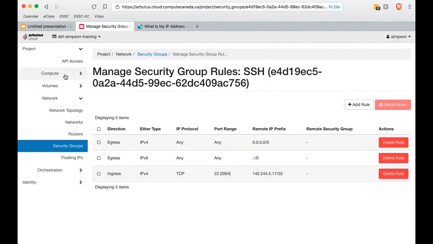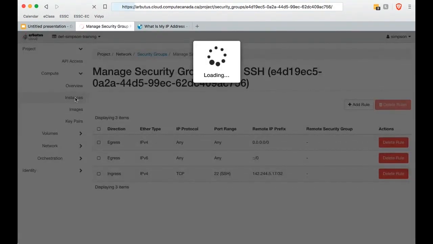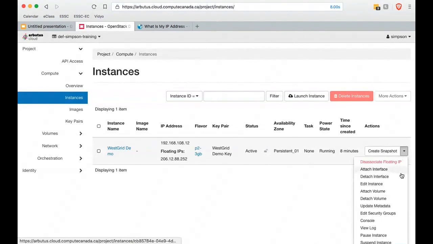So the last thing we need to do before we actually log in is we need to come back to our instance. So I'm clicking on the Compute panel. I'm going to click on the Instances subpanel. And under all the actions on the far right side, I'm going to click that down arrow.